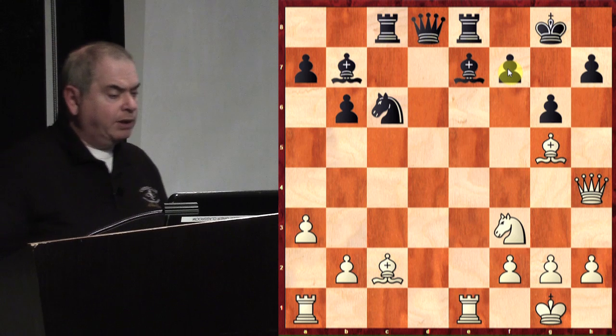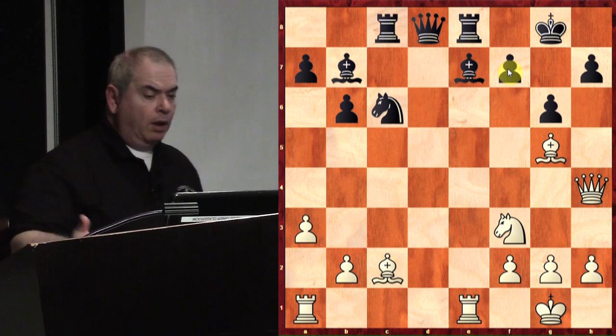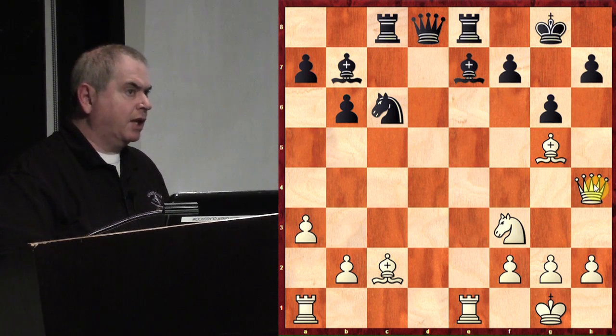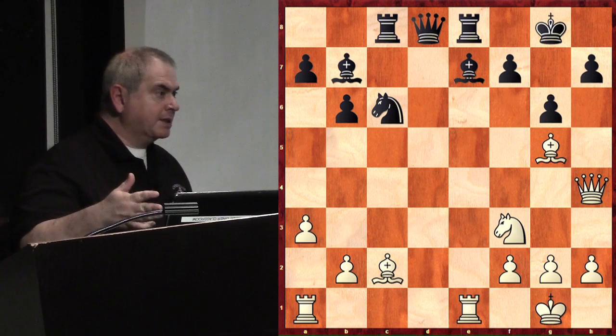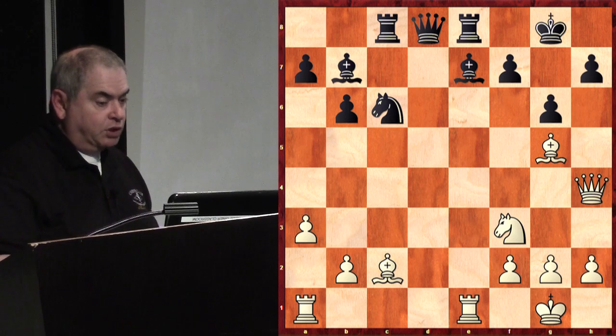At first glance, you look at the position and you might say to yourself, how bad can this be? After all, some of the white pieces seem a bit remote, like the knight is still here, the bishop is here, this rook is not playing, and it looks like all the black pieces are around, and the weaknesses don't seem to be so terrible. A queen by itself obviously cannot just win this against this structure. But watch what happened in this game, and you will see what Portisch missed, which is semi-obvious in my opinion,